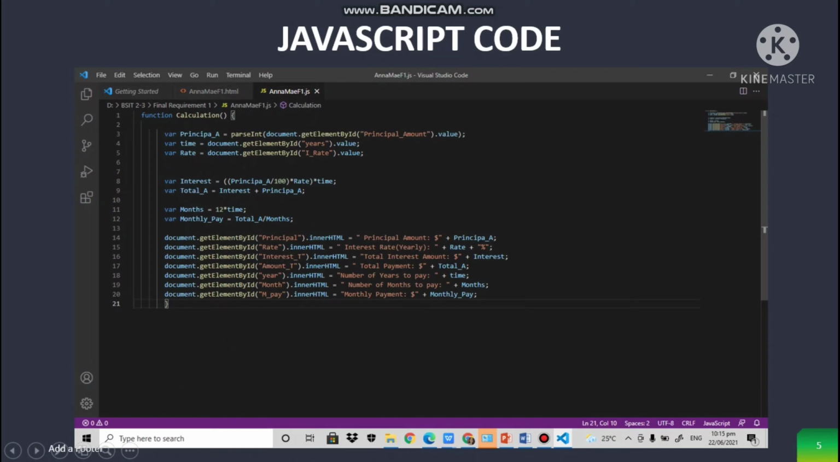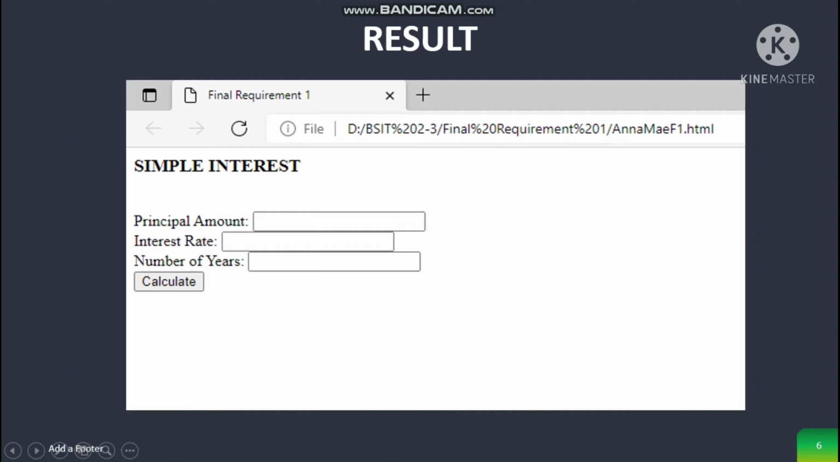Ito po yung formula ng gagawin pong program. And here is the result, the output. Simple interest. Ito po yung title na sinasabi ko po kanina, nilagyan po na H3 na code. Ito naman po yung sa calculate na code na button. And here po yung lumabas na